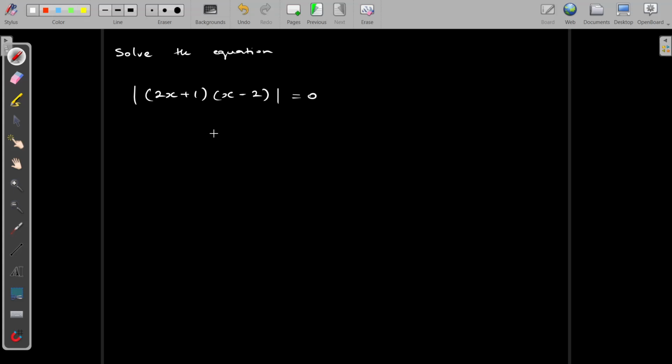We can treat this as the modulus of individual factors, to say that this is the same thing as the modulus of 2x plus 1